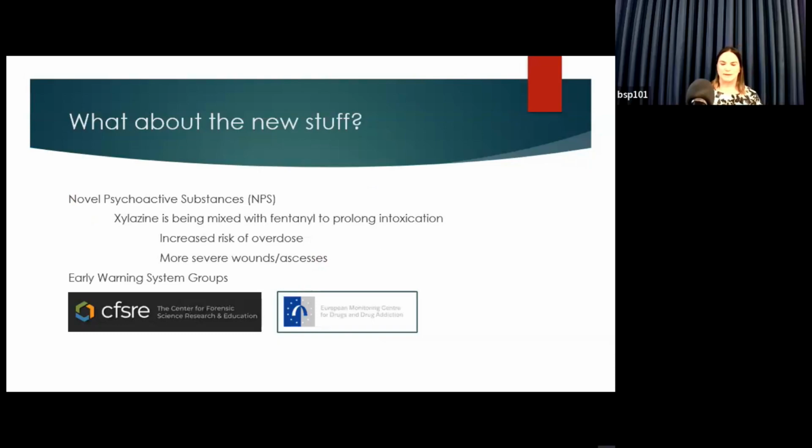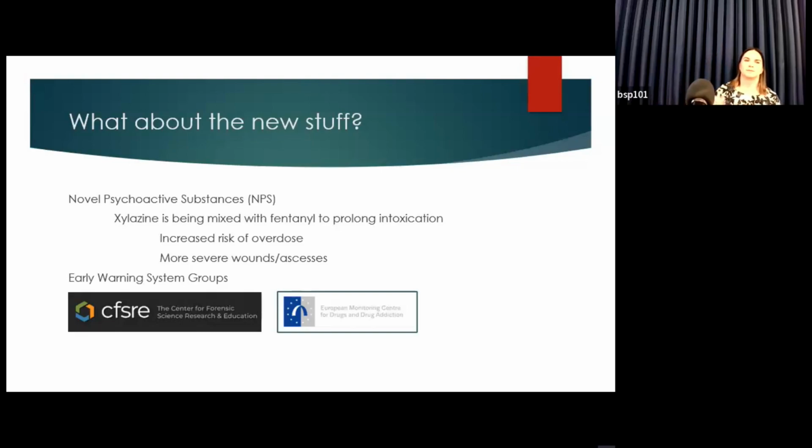People get really excited about new trends on the street and new drugs that are out there and what's the next thing. There was that crocodile many years ago and all this stuff. So it is an evolving black market at all times. People are always trying to find ways to adulterate the substances that they're making and selling to people so that they have a longer high, a stronger high, or just are cheaper to produce. So there are some grassroots organizations that try to keep track of these trends so that, if there is an upcoming trend, we're aware of it.